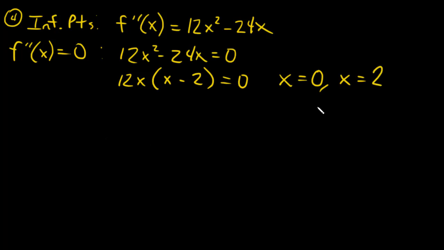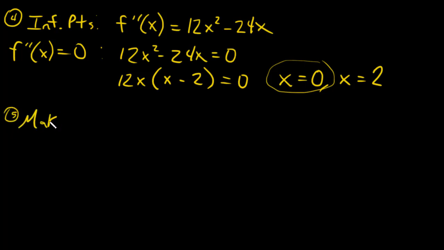Aha! I have the same location that I had for the critical number, x equals 0. This is the one that we found that wasn't a max, wasn't a min. It was a horizontal slope, but that's all we could tell. We also now know that it is an inflection point, a change in concavity at this point. So now let's make